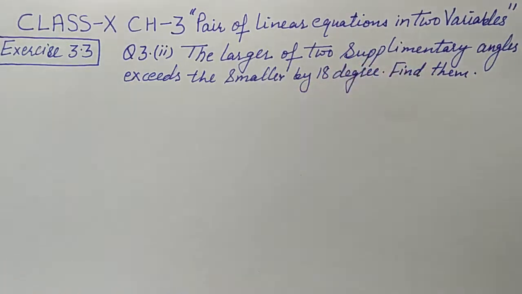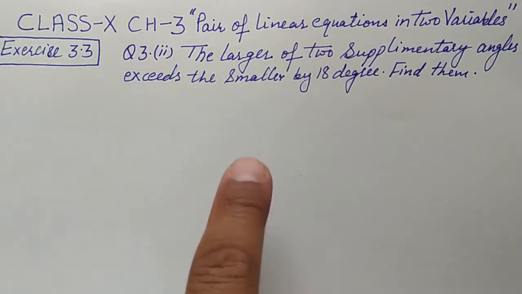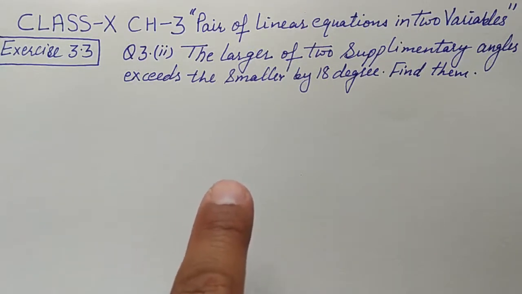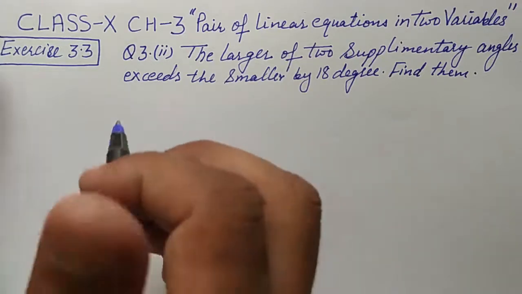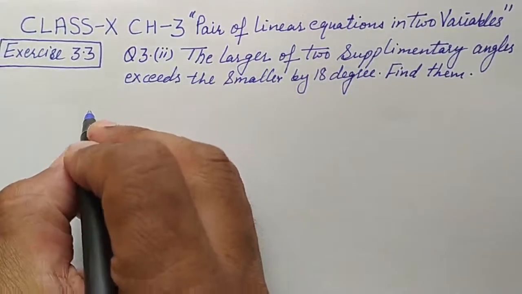So we know the angles whose sum is 180 degree are called supplementary angles. So we will have these two angles, one angle is x, second is x plus 18. Now their sum should be 180 degree. So this way we will have one linear equation and we will solve this and find the value of x. So let's start. So first of all we'll write,